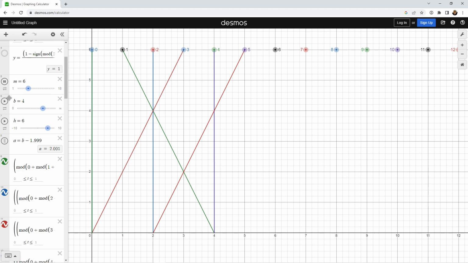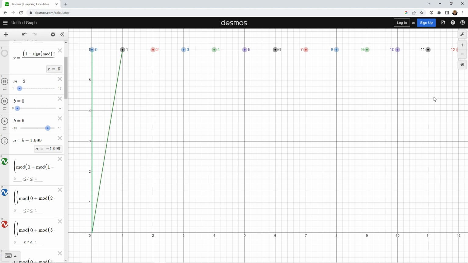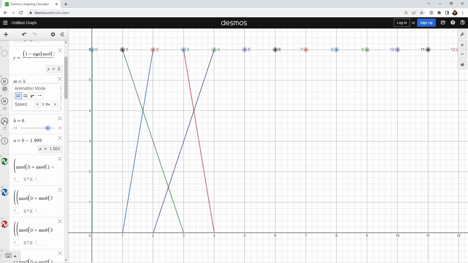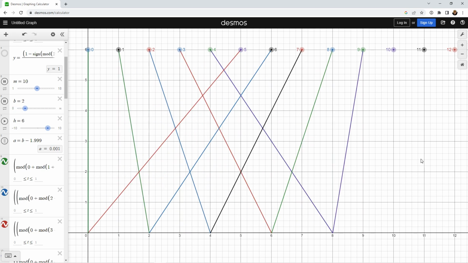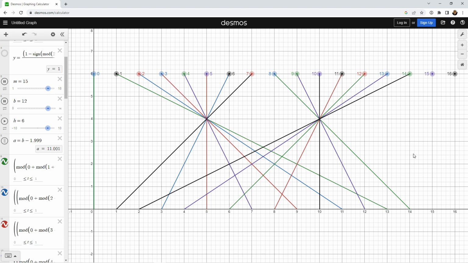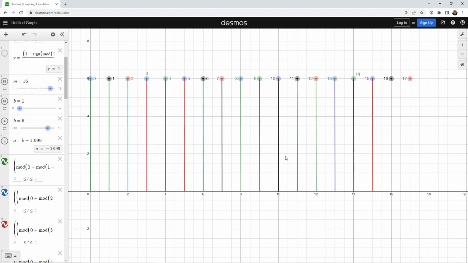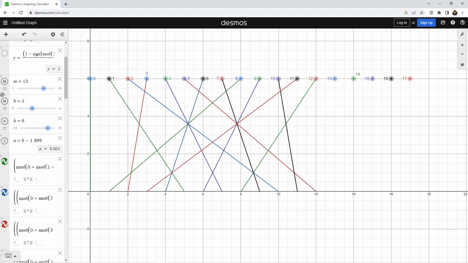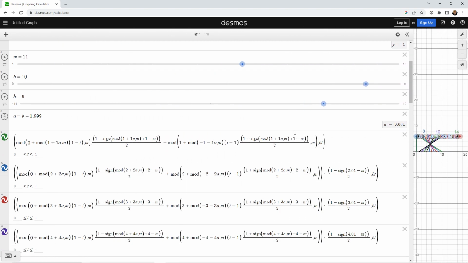Anyway, these various endomorphisms look cool, so I'm just going to let these play for a little bit. Maybe I can increase the speed a little bit. Anyway, let's pause this now, and here I will show what the equations look like